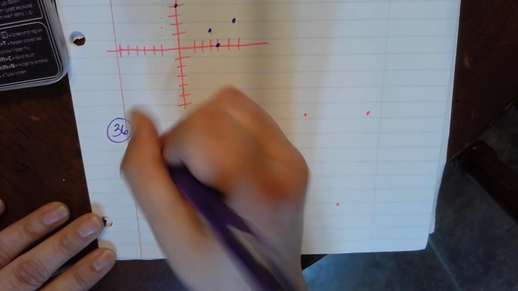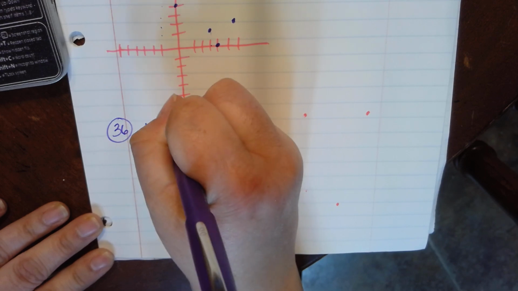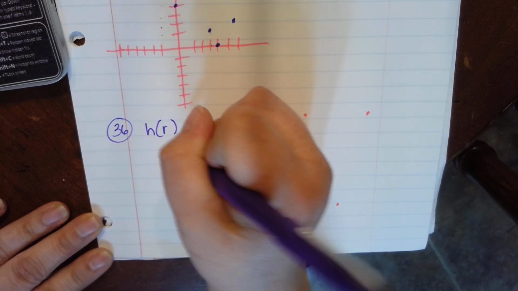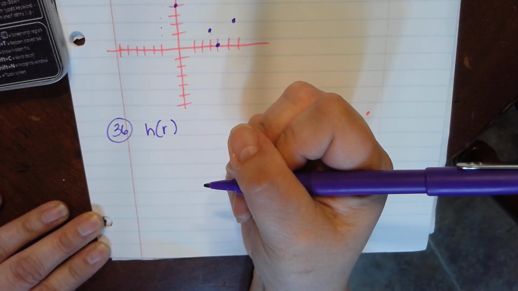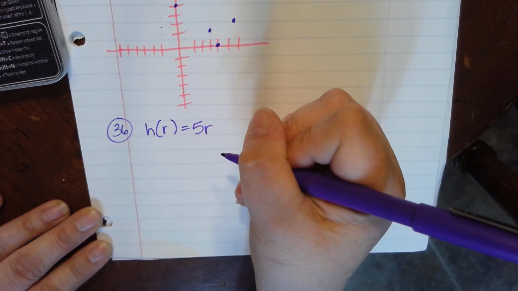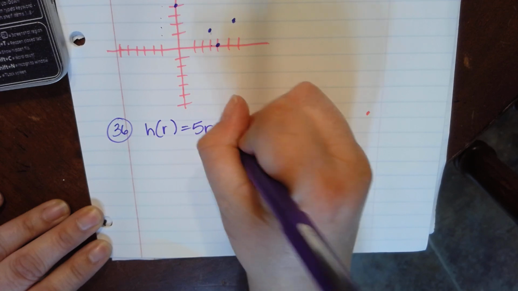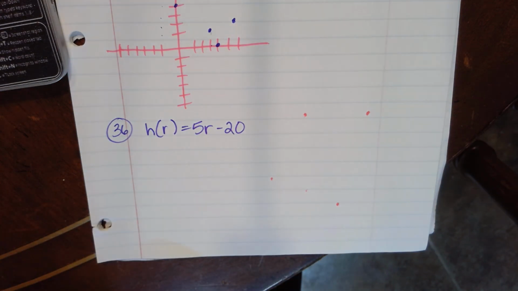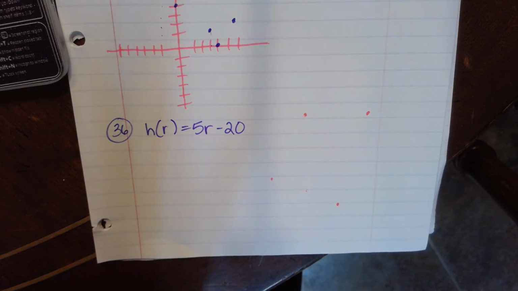So if, you don't write this down, but what you're looking at is h of r is equal to 5r minus 20. Okay, so if I'm looking at this statement and I'm looking for the independent variable, the one that could possibly